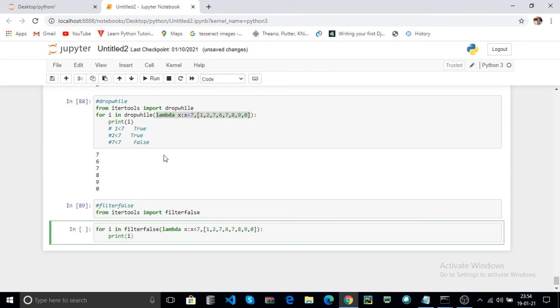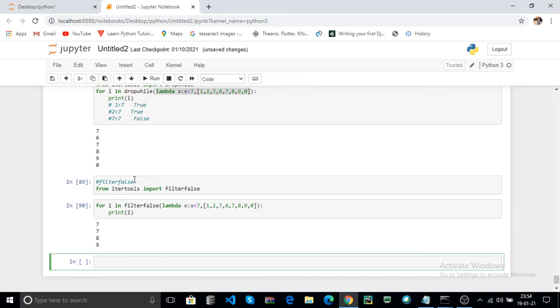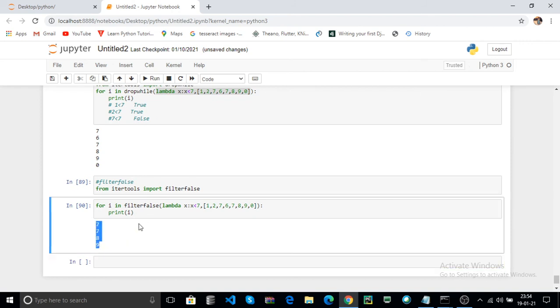Click on run. Here only these items failed the condition, because 1 is less than 7 is true, 2 is less than 7 is true, 7 is less than 7, the condition is false, then it is printed in the prompt.